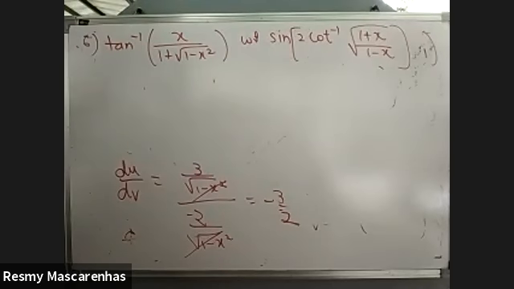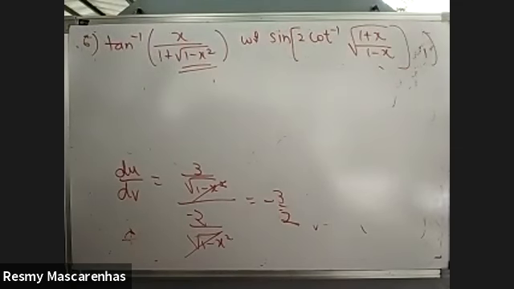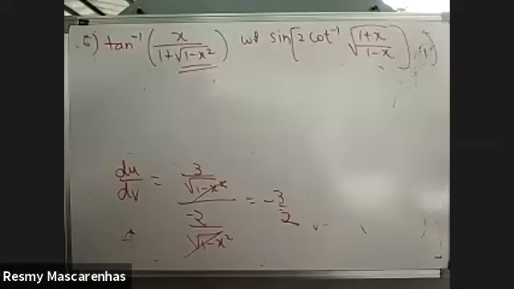Again, this is a substitution type. You have to look at this and see what you have to substitute. 1 minus x square it is. If it is plus, then tan. If it is minus, then you see what to substitute. Sine. What x value will you put? x is equal to sine theta. And then simplify.